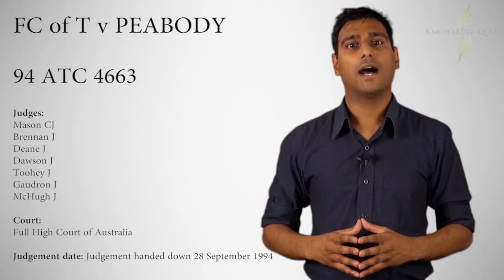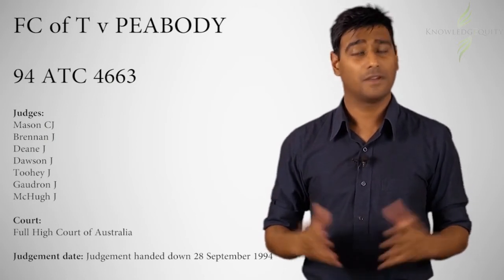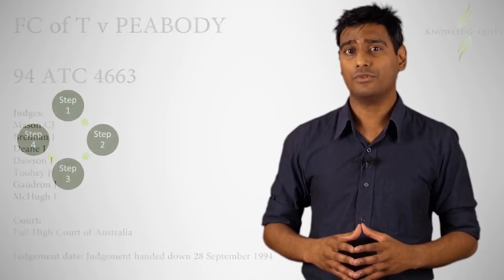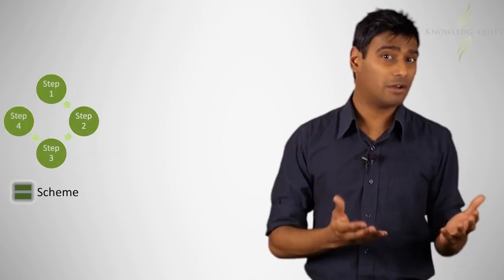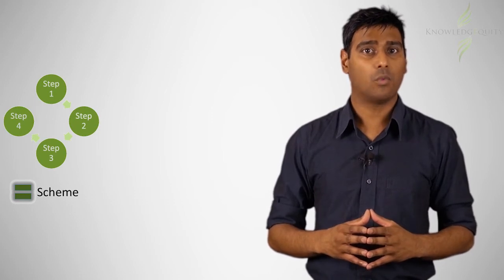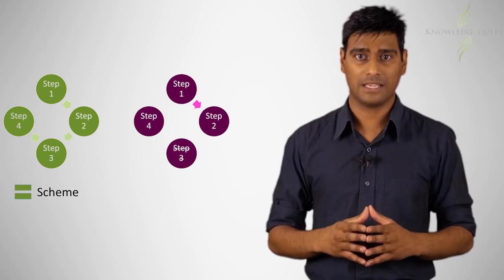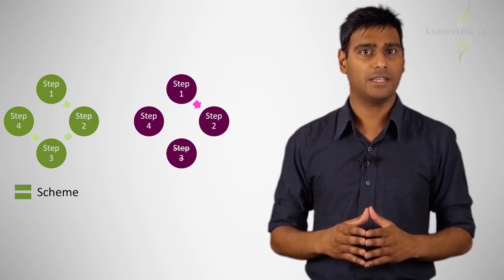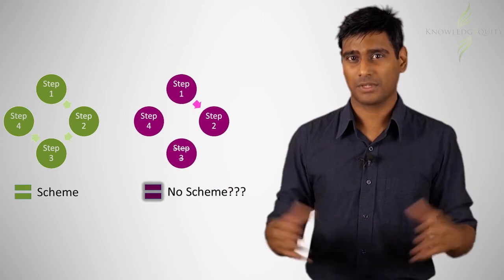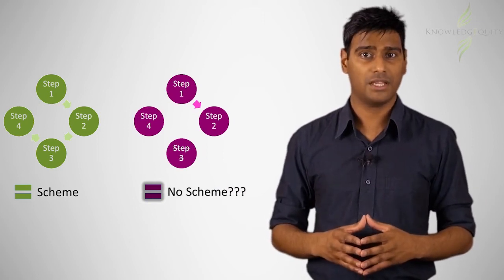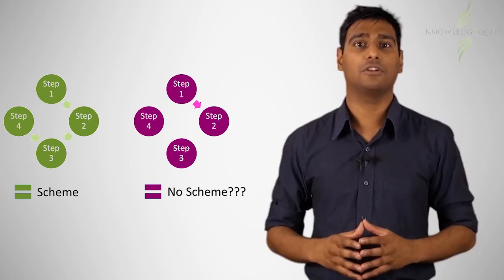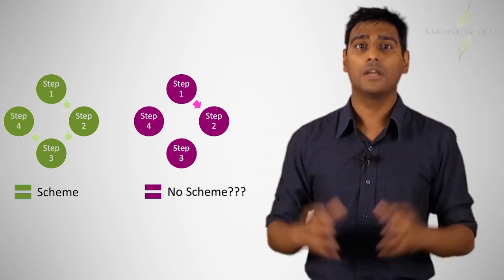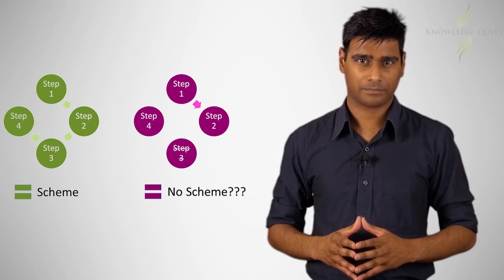In Peabody, the High Court made a few points on this issue. Firstly, sometimes if too few steps are identified, then there will not be a scheme in the first place, but only part of a scheme. This means that while it is in the tax office's interest to identify a narrow set of facts as a scheme, if they are identified too narrowly, they might not constitute a scheme. According to the court in Peabody, this will be the case where the identified steps are incapable of standing on their own without being robbed of all practical meaning.